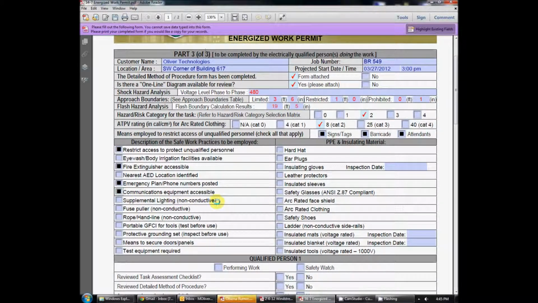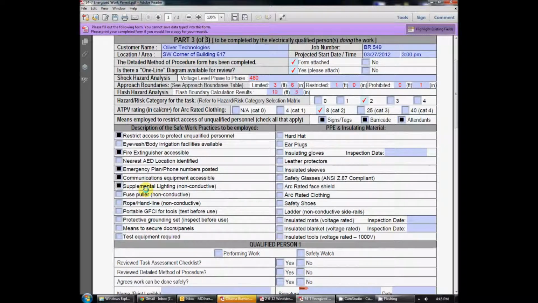Supplemental lighting, non-conductive of course. You're going to want that. When you get into wearing the hoods, even with the arc rated face shield, lighting is limited. So you're going to want to increase the lighting, and if we have to use supplemental light stands, we need to put that in place. Fuse puller, rope or hand line, portable GFCI for tools, test before the use, protective grounding set, inspect before use, means to secure doors and panels,